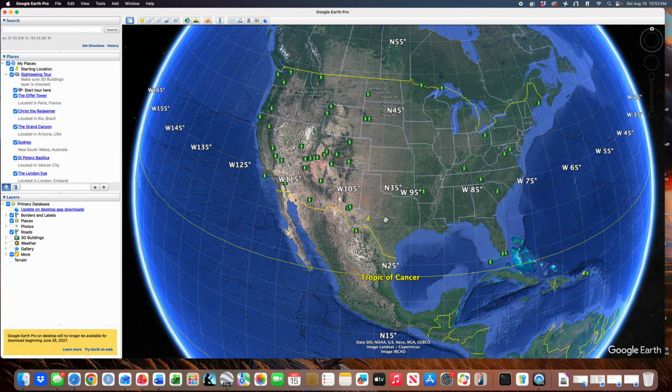And once you're in Norman, you would zoom in even further and go a little bit east of campus. This is Lindsay Street, this is Virginia Street, and then you would go up Virginia Street until you get to